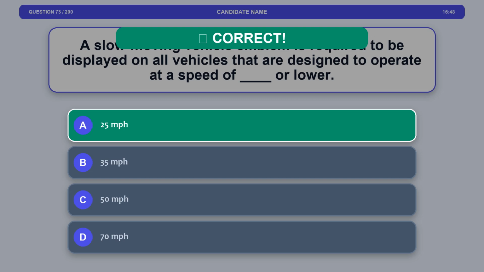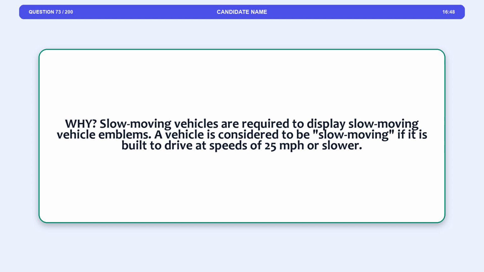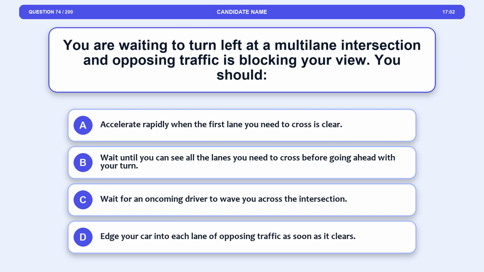The correct answer is option A, 25 miles per hour. Explanation: slow-moving vehicles are required to display slow-moving vehicle emblems. A vehicle is considered to be slow-moving if it is built to drive at speeds of 25 miles per hour or slower. Question 74. You are waiting to turn left at a multi-lane intersection and opposing traffic is blocking your